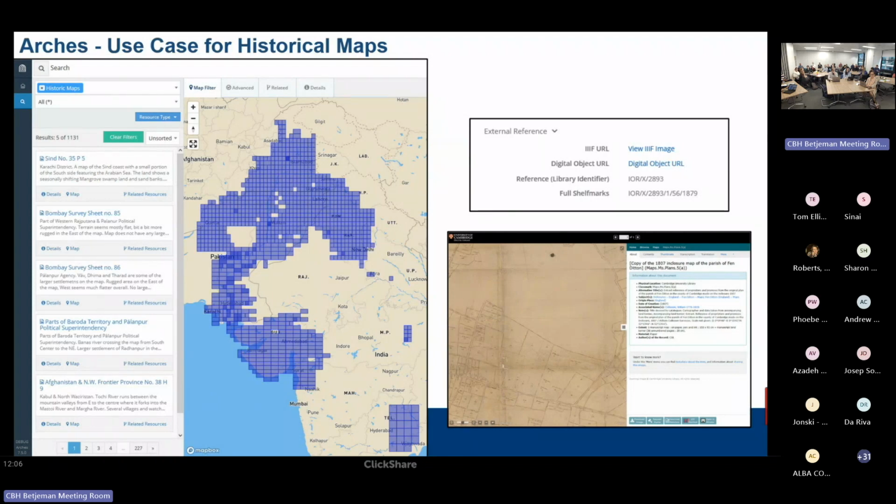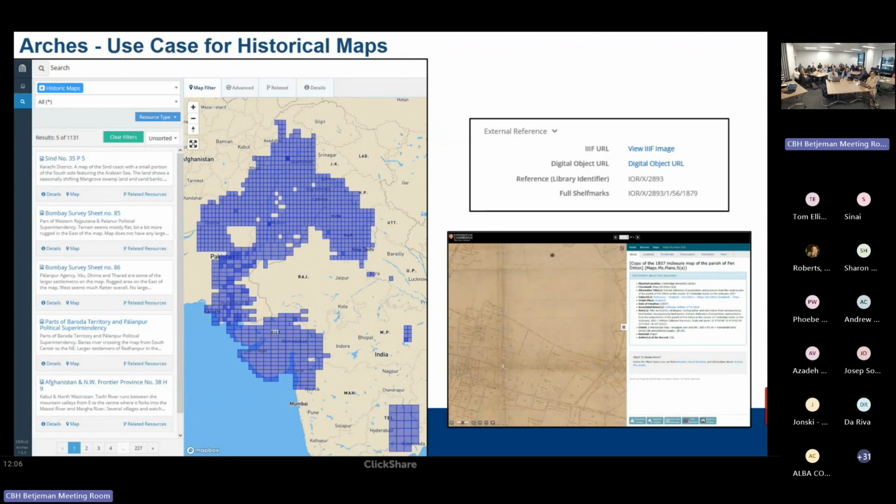This was also really motivating because in our training sessions and meetings with our stakeholders, they found it difficult to know which resources were existing and where. So to highlight the discoverability part of these map resources, we imported all this data into Arches. And so within the reports or attributes of these map sheets,